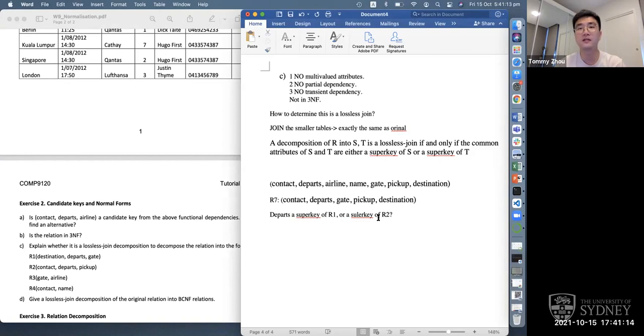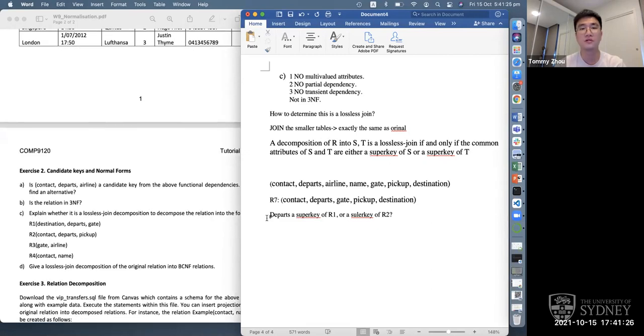That further means the common attributes are not a superkey of S or T, so the decomposition of R7 into R1 and R2 is not